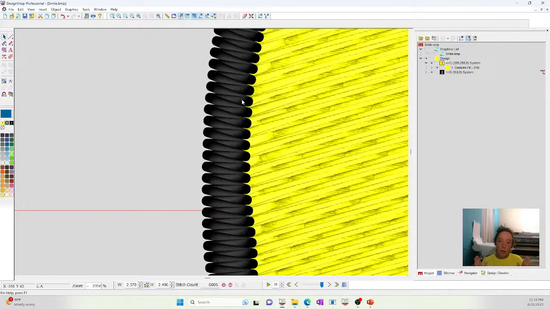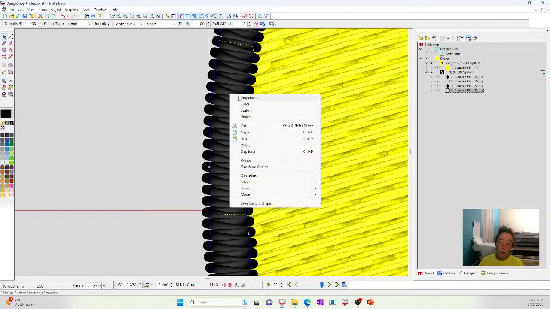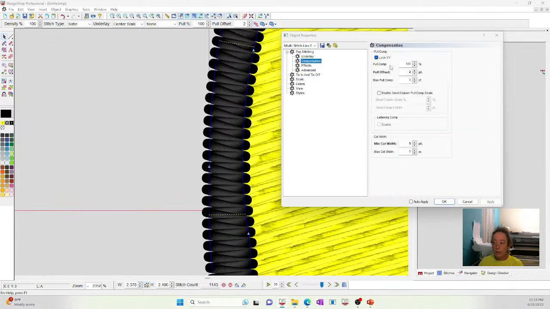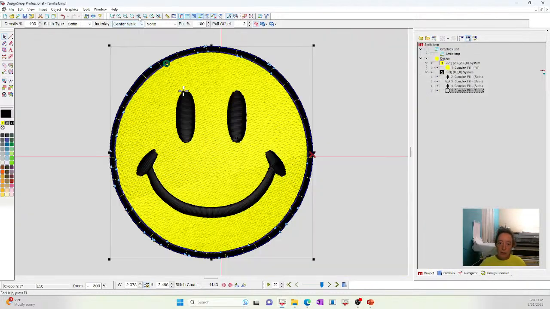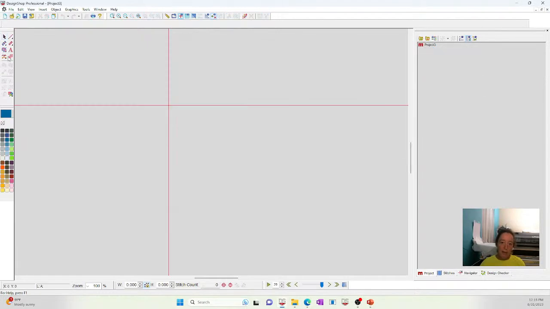Because embroidery is going to narrow up, it's normal, up to 10%. It's a little excessive, but it's going to narrow a few percentages, right? So because of that, I add pull compensation onto everything. My preference is points as pull offset, because it's additive. You're telling it overstitch it by 1 point or by 2 points, rather than overstitch by a percent. Percent is multiplication based, and the easiest way